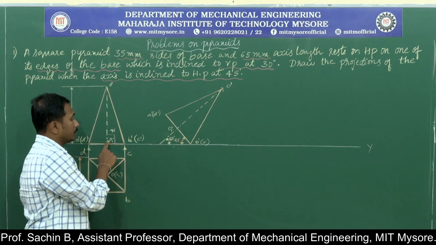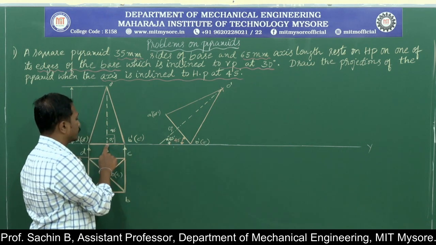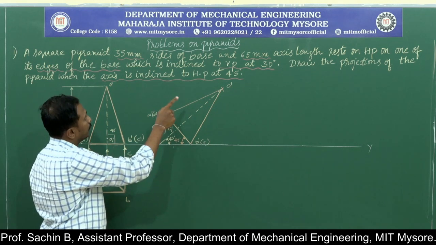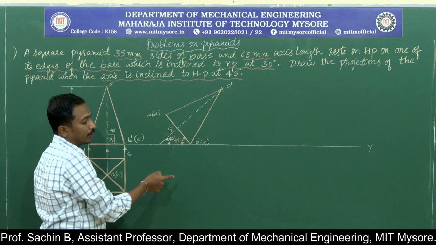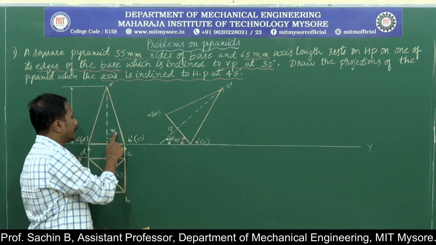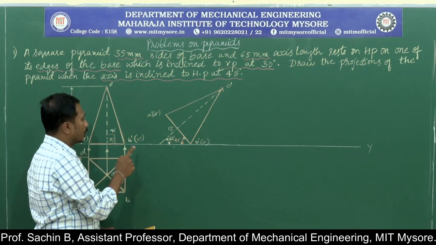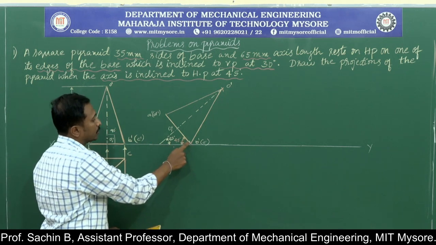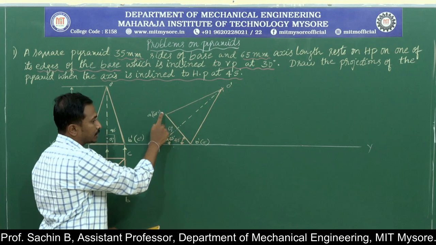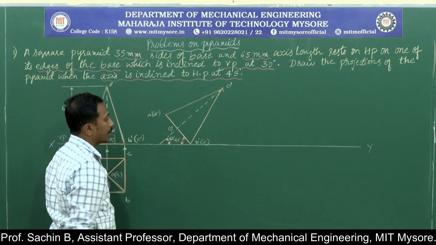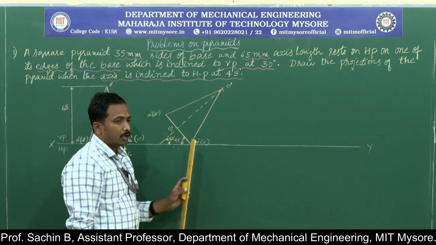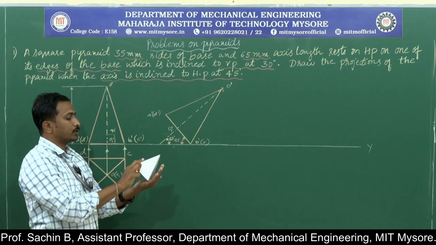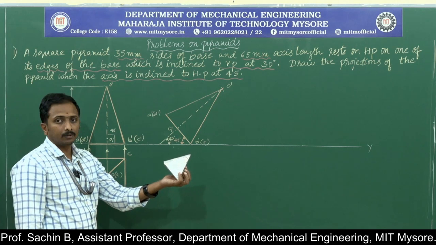Because here from the base edge to the base edge, the axis gets inclined at 90 degree, but the given axis should get inclined at 45 degree. I have subtracted 90 minus 45, I am going to get 45. Because of that, I consider the first as the base edge construction part by considering the angle as 45. Next, the writing of the front view is over in the second position. The object will be like this.